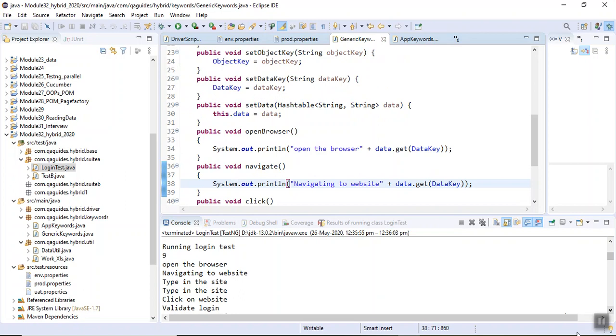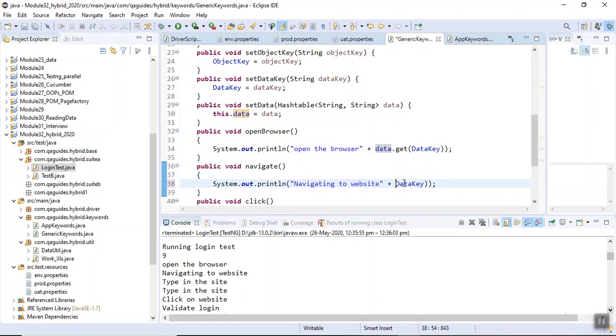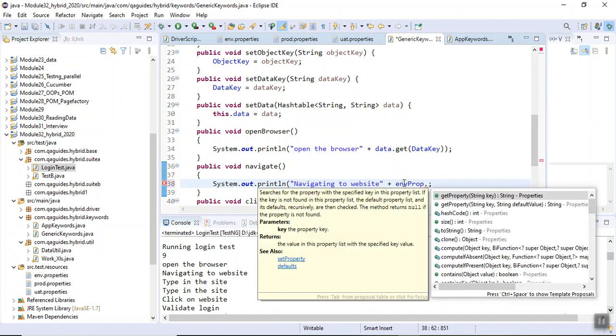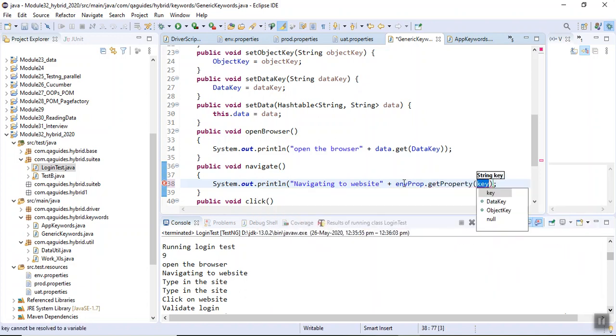So what we have to do, so here I will use environment property file, environment prop, that property, and here we will be using object.